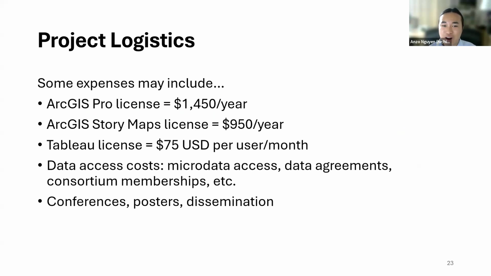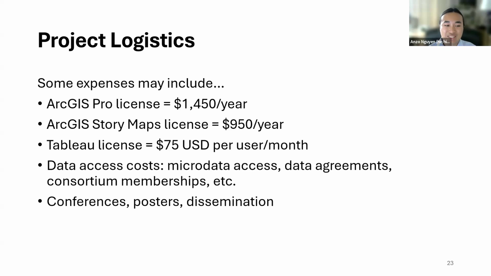Luckily for us, since we're housed at the University of Ottawa, we have institutional access to the ArcGIS suite of software. But otherwise, for example, an ArcGIS Pro license I checked was $1,450 a year. A Story Maps license is $950 a year. And I think Esri has some bundles where you could combine software together, but it can still be quite